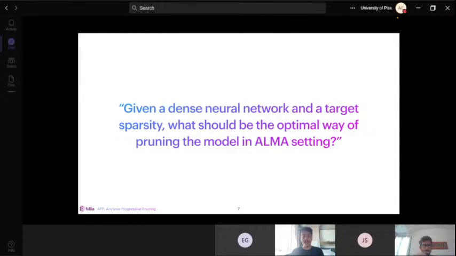So if you recall the slide where I discussed ALMA, they had this dynamic architecture graph, but they were increasing the capacity of the model because we are receiving newer and newer data. So you would ideally want more capacity to accommodate the more information. But in our case, we are rather interested in the reverse of it. We are more interested in how we can make the model sparse and how we can make it more efficient in terms of large sequences in an ALMA setting.